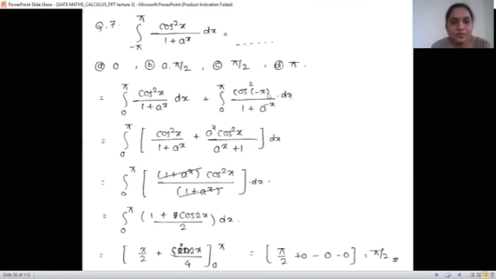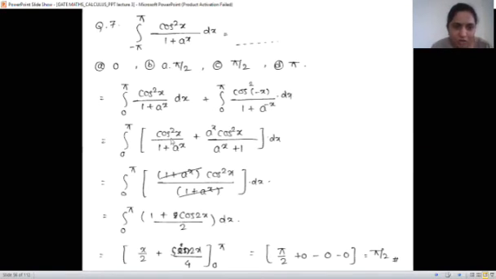Okay, I'll show you. Integration of cos square x, if it is minus pi to pi, we'll write 0 to pi and 0 to pi. For the first 0 to pi, it is f of x as it is, and for the second 0 to pi, we have to write f of minus x. We have seen the formula: integration minus a to a can be written as integration 0 to a f of x plus integration 0 to a f of minus x, right? So it is 0 to pi cos square function as it is, plus 0 to pi with minus x.